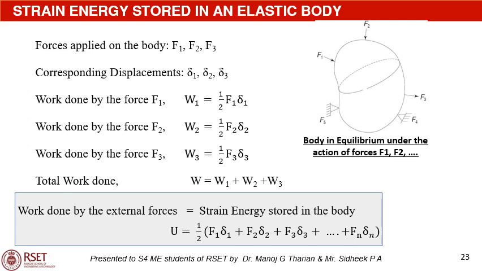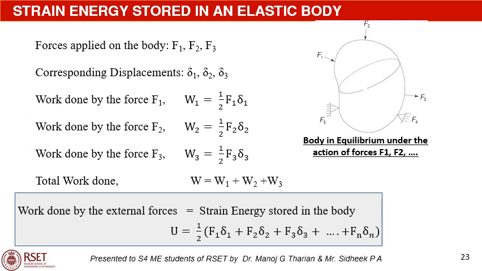Similarly, the work done by force F2 is W2 equal to half F2 into delta 2. And the work done by the force F3 is W3 equal to half F3 delta 3. Total work done, W, is equal to W1 plus W2 plus W3. In general, in an elastic body